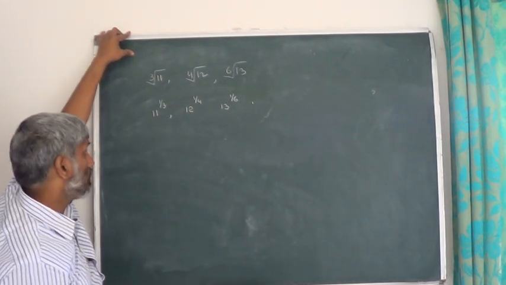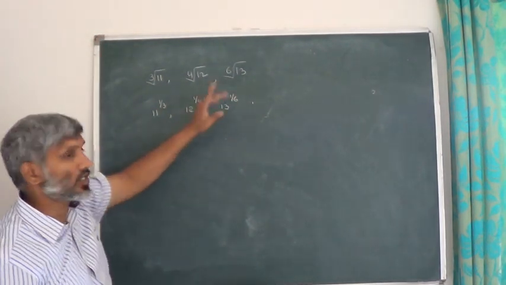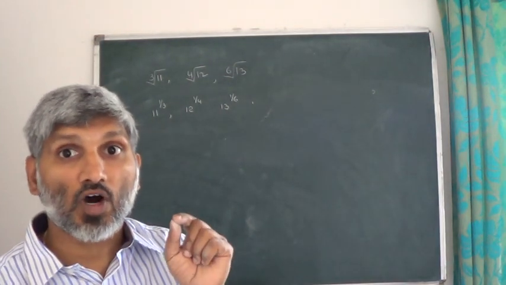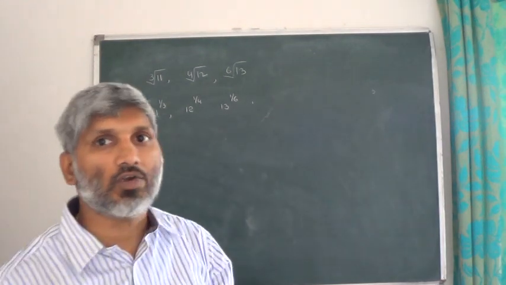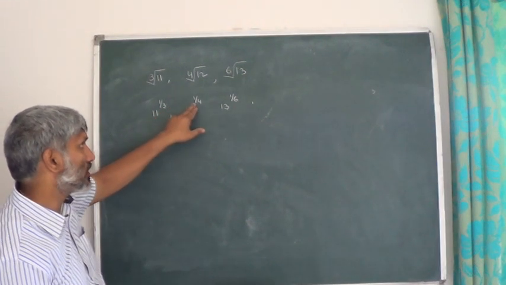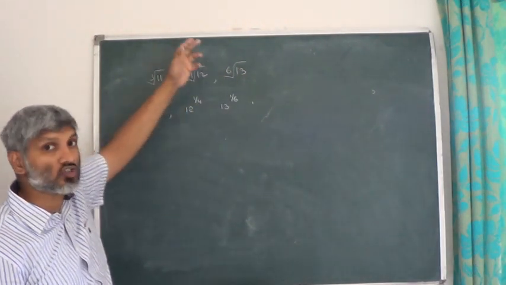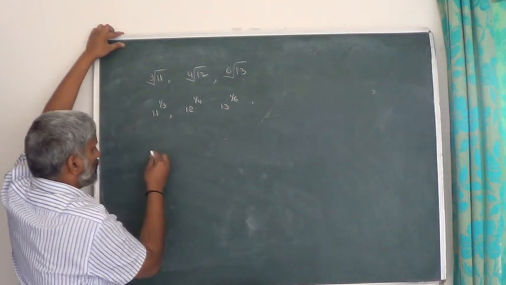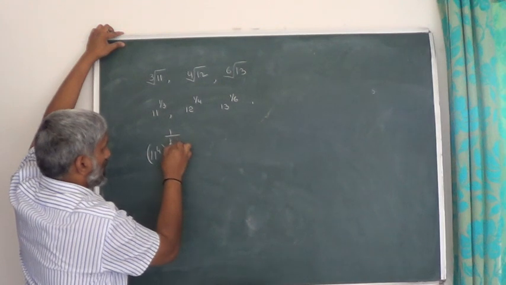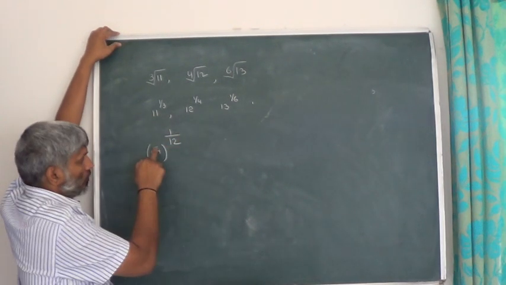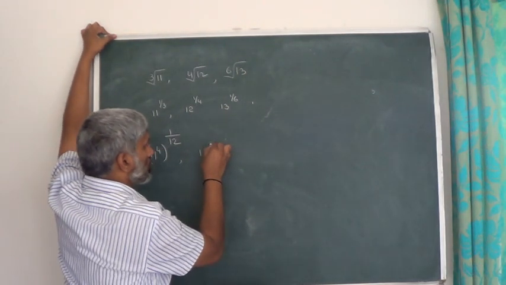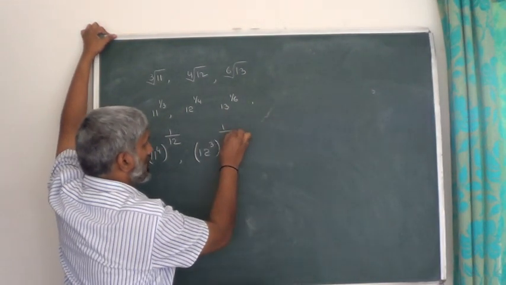Right? Now here 3, 4, 6. What is the LCM of 3, 4, 6? 12 is the LCM. That's why we have to make the denominators, the powers of denominators, as 12. Observe here what I am doing: 11 power 4 whole to the power of 1 by 12. The 4 3's cancel, you will get the same. The next one is 12 cube whole to the power of 1 by 12.